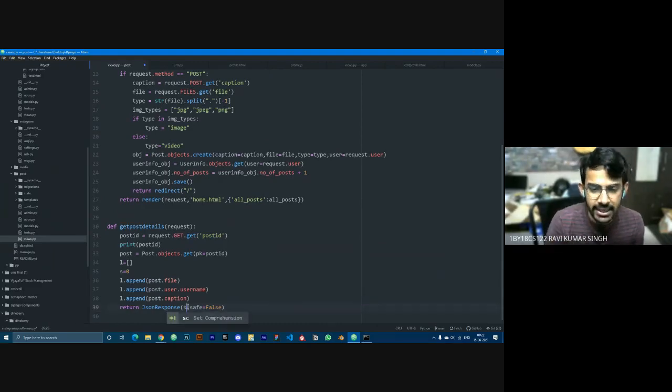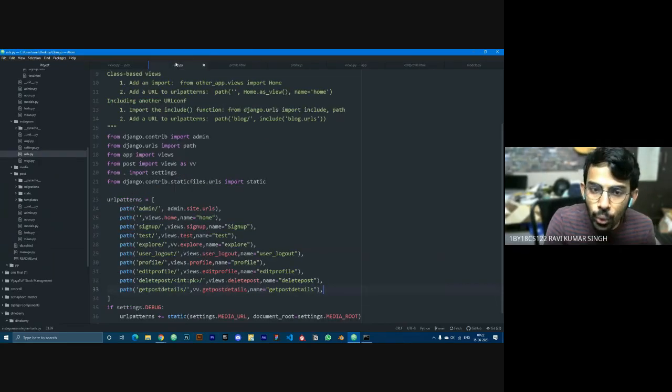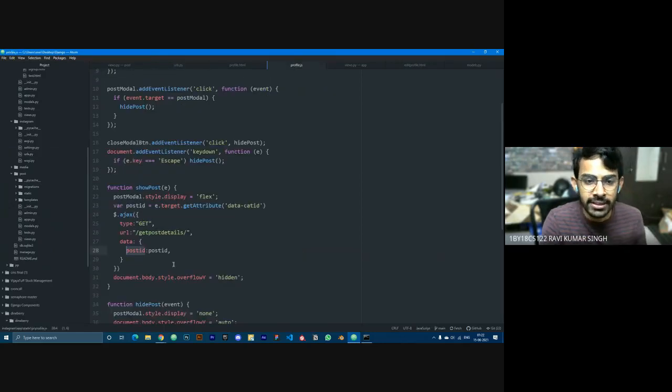You can just pass s. So it's like you are passing the 0 value, only one value. But when you are passing multiple values, it's in the form of a list. So now it will return all of these. So in the profile.js, after this, I'll be writing a comma, success